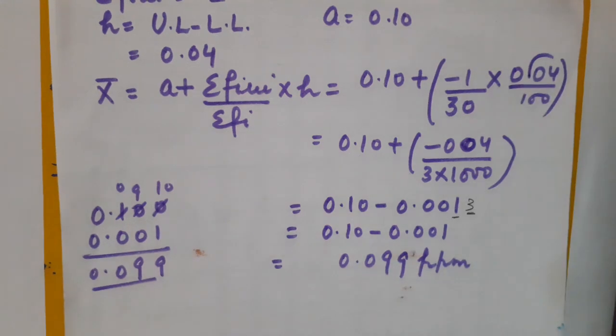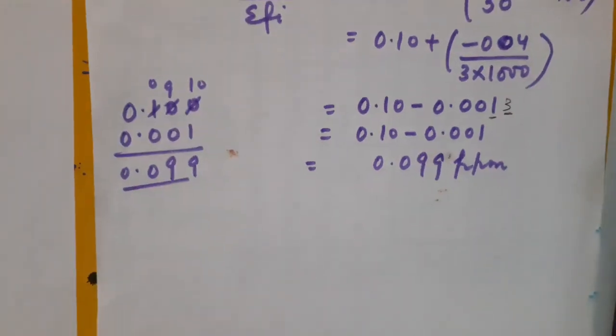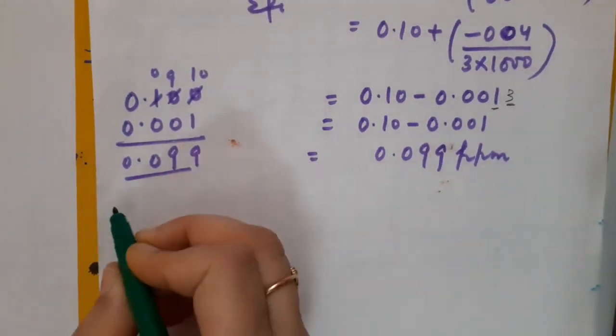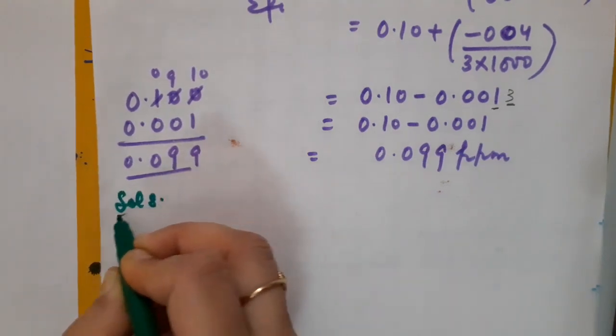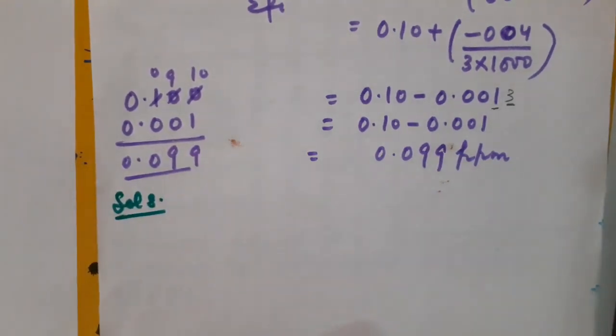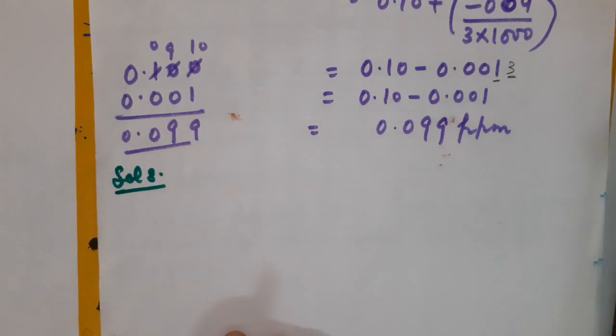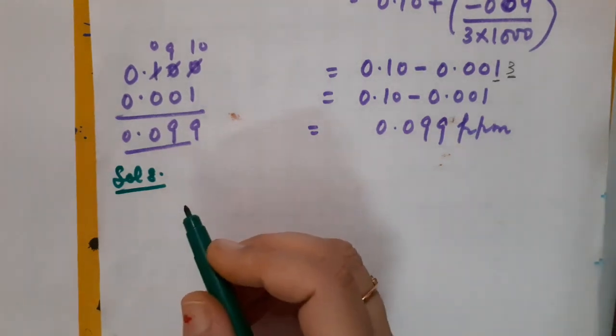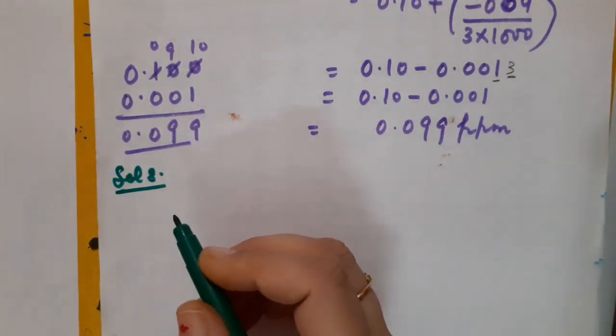Correct? Now children, I will be taking question number 8. Fine. Please be alert. Listen to the question carefully. A class teacher has the following absentee record of 40 students of a class for the whole term. We are going to calculate the mean number of days a student was absent.